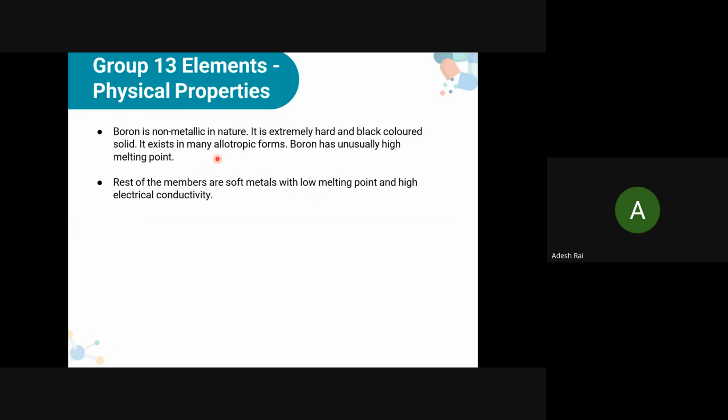What about boron? Boron is non-metallic in nature. It is extremely hard and a black colored solid. It exists in many allotropic forms. Boron has an unusually high melting point. It is a non-metal in nature and very hard. The color of boron is what? Black solid. But other than this, what I'll add over here is that